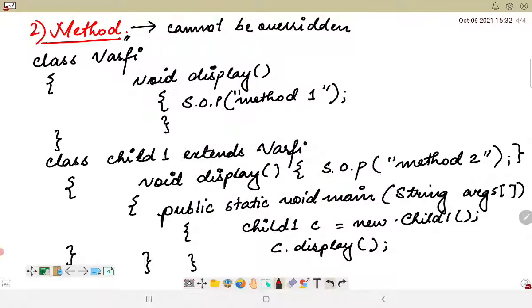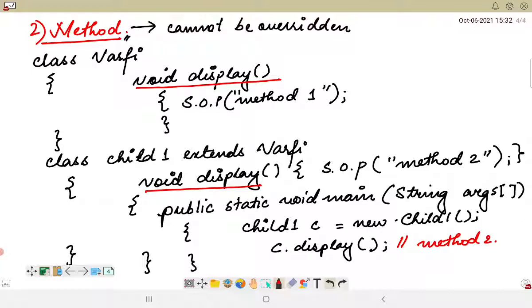Essentially this particular method has overridden the parent method. Since I am using an object of the child class, method 2 would be printed here, because it will not be able to access the parent class method. So this was one of the properties of overriding.